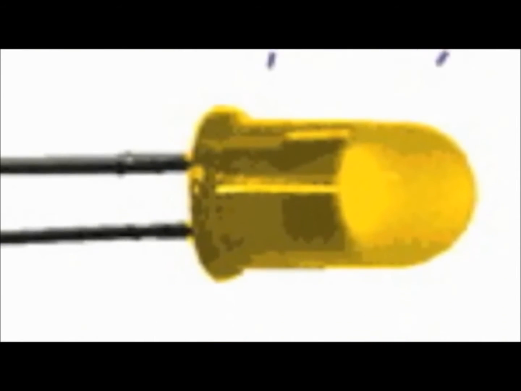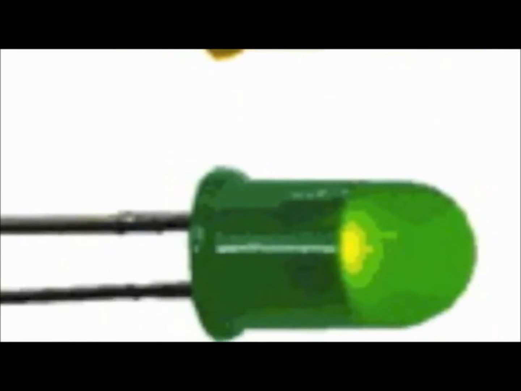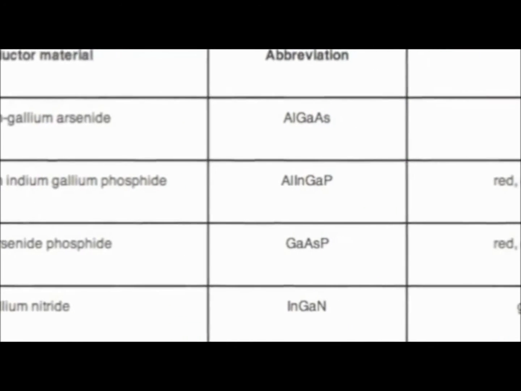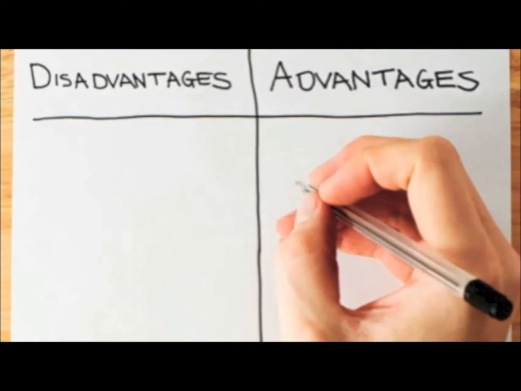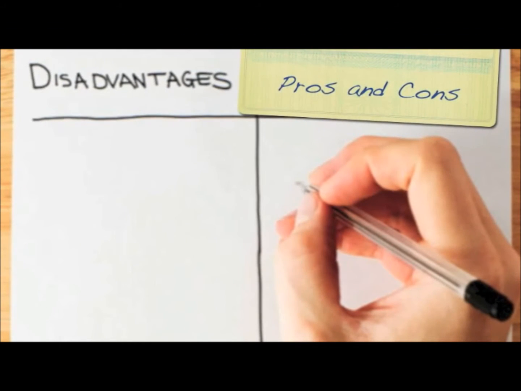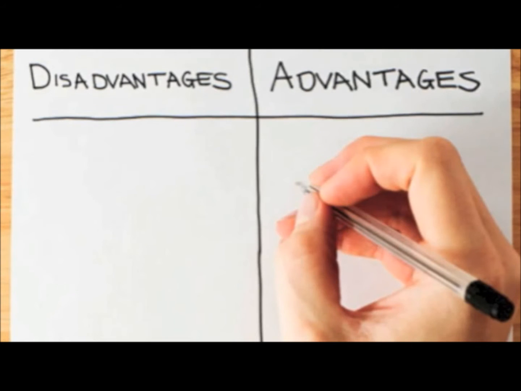Amazingly enough, when there is enough power added to LEDs, it excites the electrons leading to the production of light. LEDs come in a variety of colors depending on the type of semiconductors present. Now that we're familiar with how an LED functions, let us discuss the advantages an LED has over any other